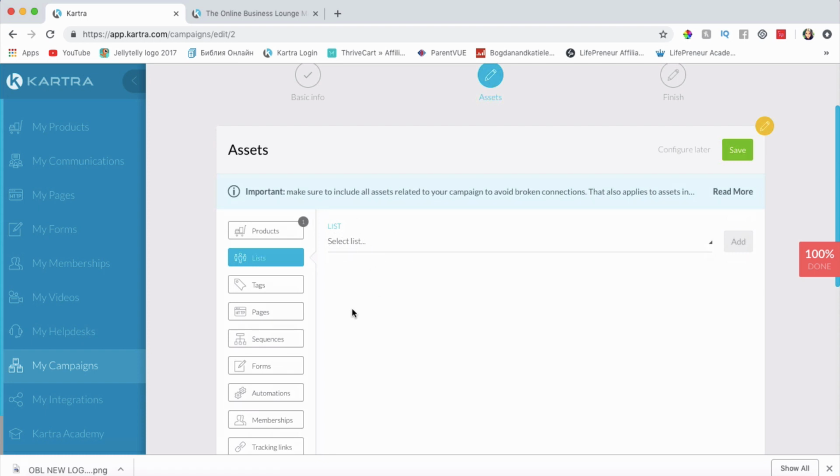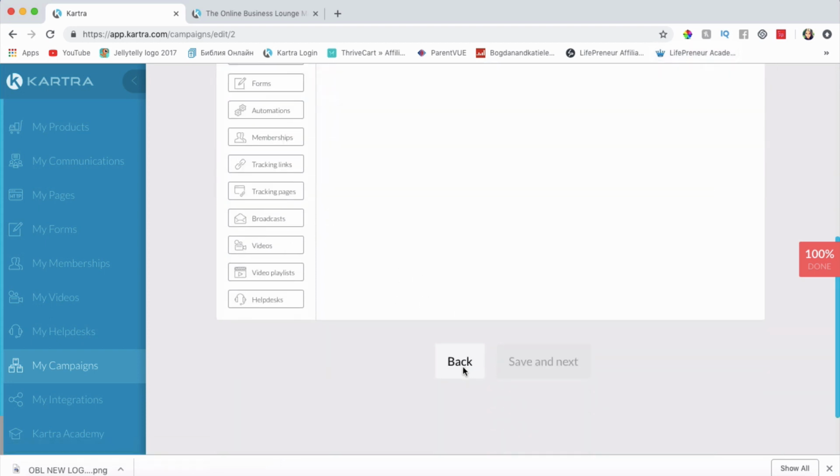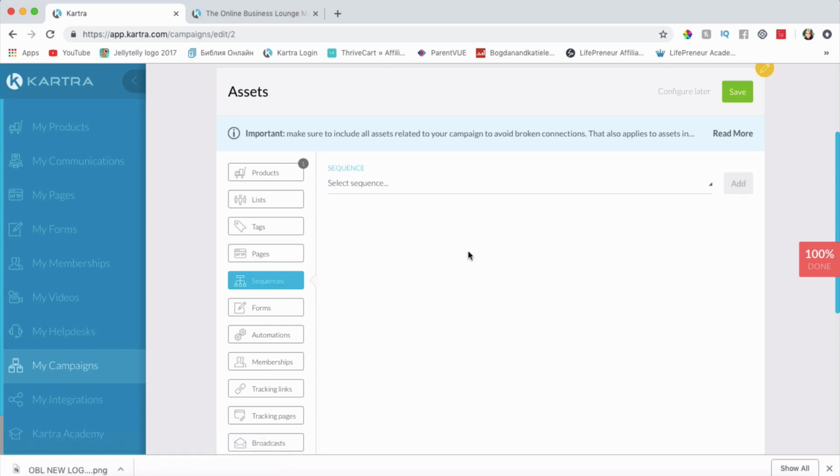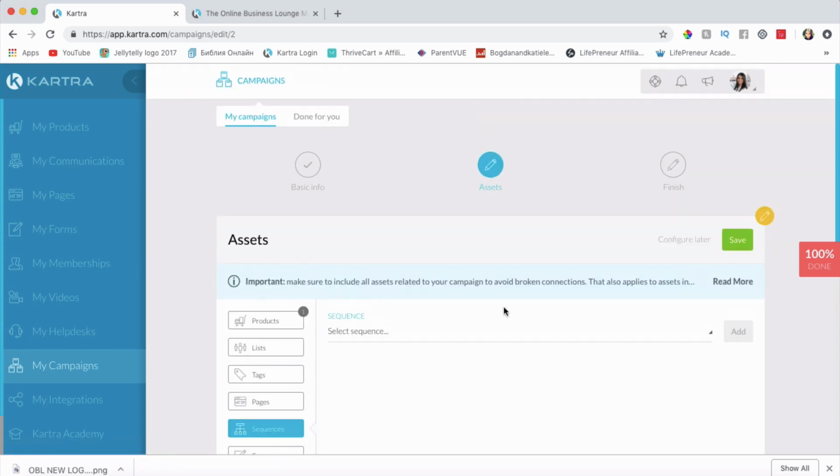If you don't have an asset that you actually need for this campaign, you haven't created it yet, what you can do is simply click on configure later and just configure and add the lists later here. So you don't have to worry about, oh, I forgot to create a list, or I forgot to create some kind of page, or a sequence, or whatever. What you are going to do is just click on configure later right here and just come back to this